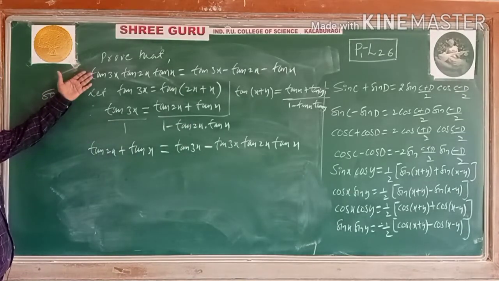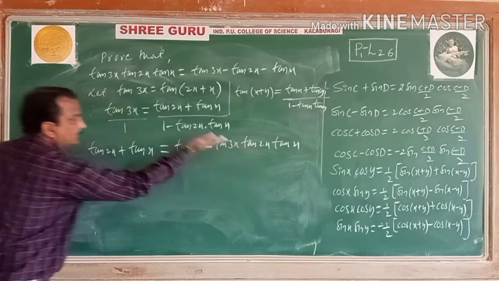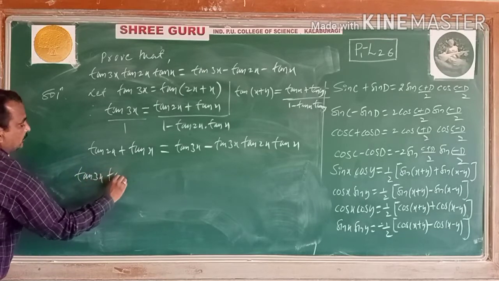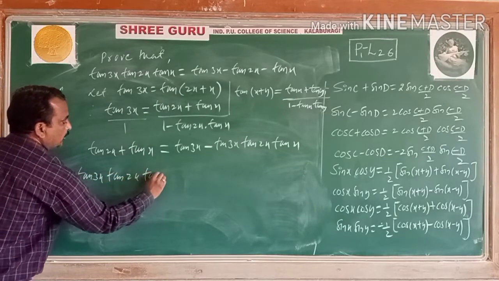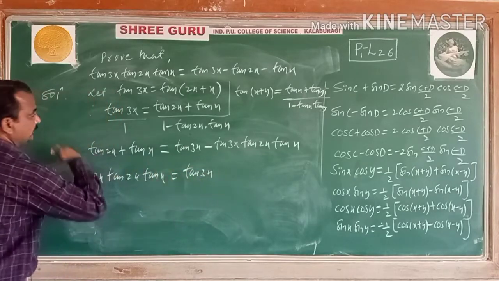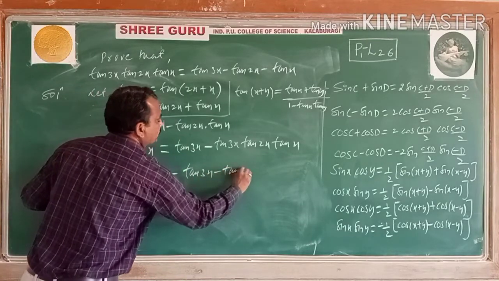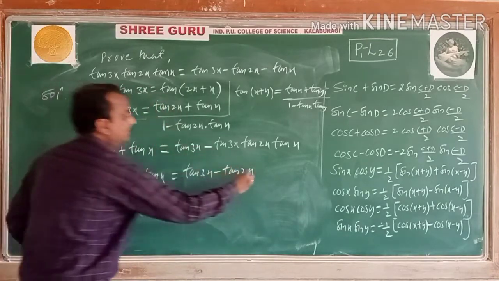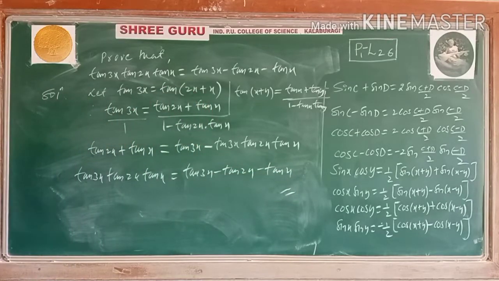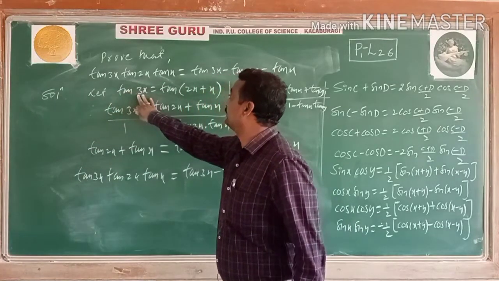Now let us arrange according to your requirement here. This minus term, taking this side, the tan 3x product is tan 2x into tan x. This tan 3x as it is. Taking these two terms to that side, plus tan 2x becomes minus tan 2x, plus tan x becomes minus tan x. This is our solution, friends. Either it is not taking LHS or not taking RHS here. Let us consider 3x.